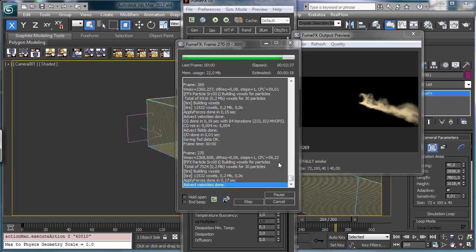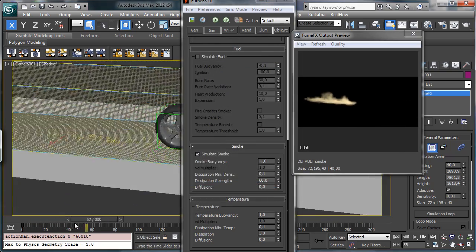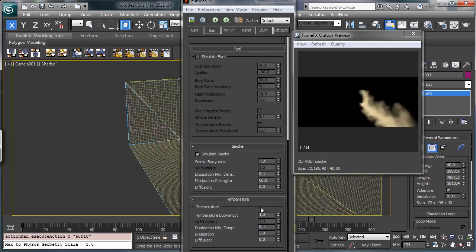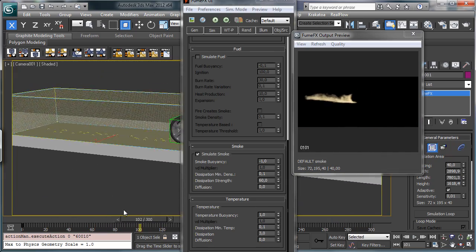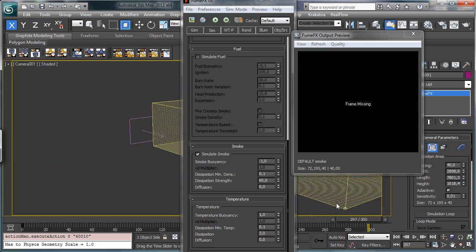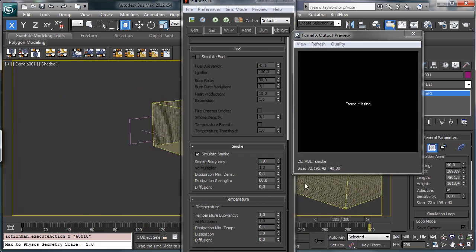Okay, we can stop it and we can check. So let's see what we have. You see that now we have more wind and it works better. It seems not bad. We have to play maybe a little bit over the